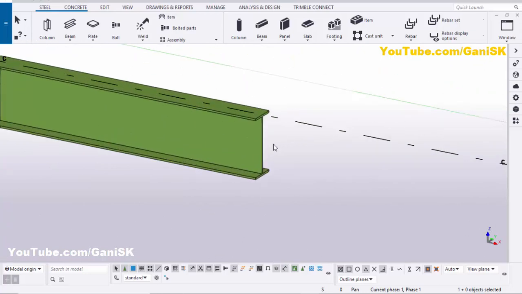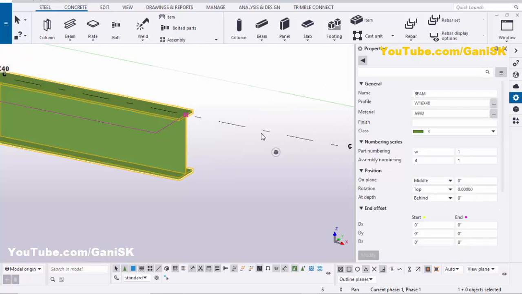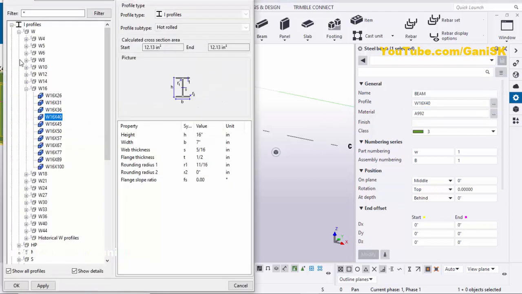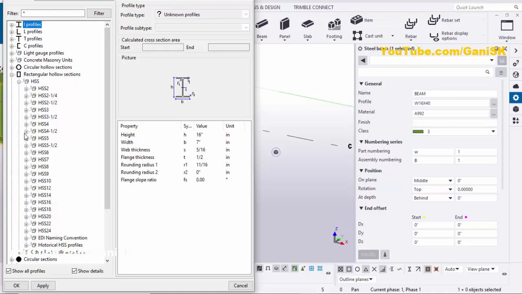Now we're going to take rectangular hollow section, so double click on this beam profile. Now I'll get the beam property at here. So currently we have W16x40 profile, so click on here. Now I'm going to take rectangular hollow section, so minimize it and click on here to maximize this HSS profile and click on here, and let's take